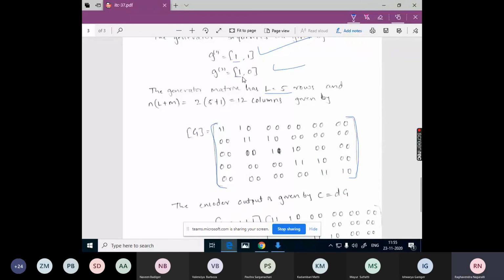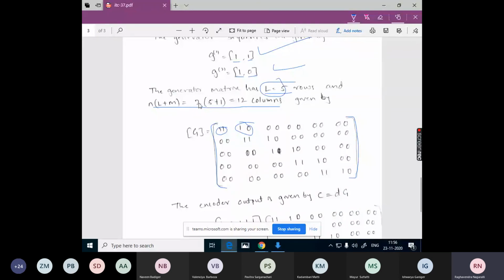One bit from this and one bit from this becomes one pair, the second bit from this and the second bit from this becomes the second pair, and the rest will be 0, up to n into L plus m number of columns. And how many rows will there be in our generator matrix? L number of rows.